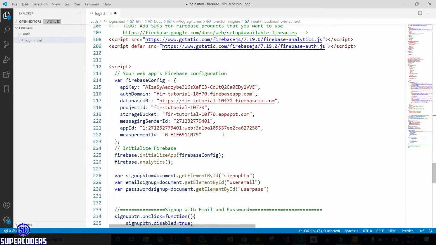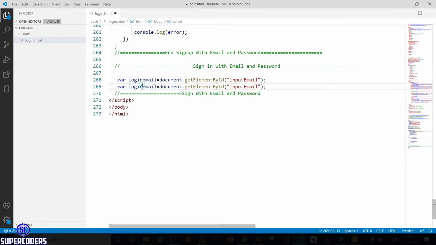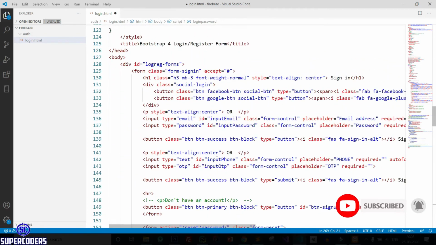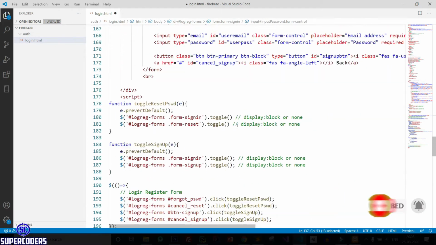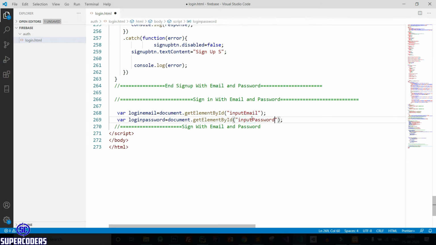Copy it, paste here. Now again copy the same line, login password, and copy this ID also and paste here.